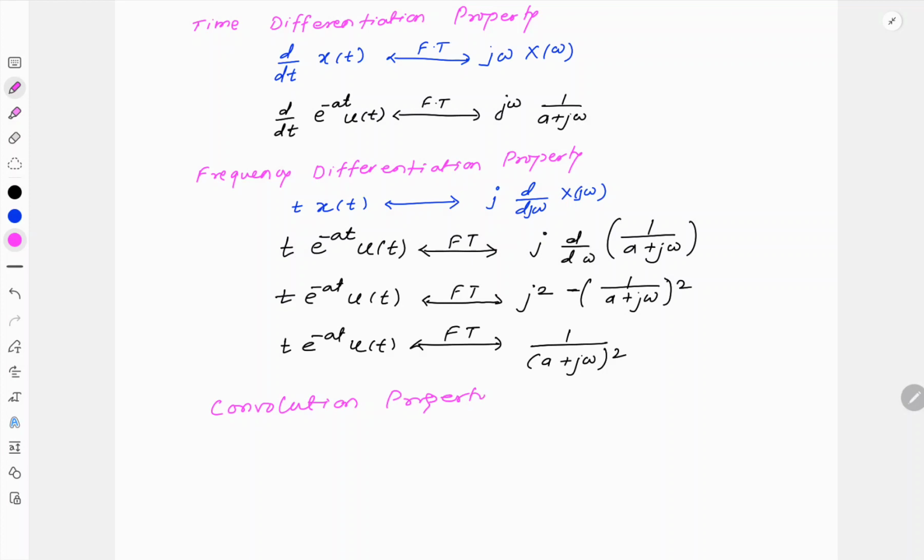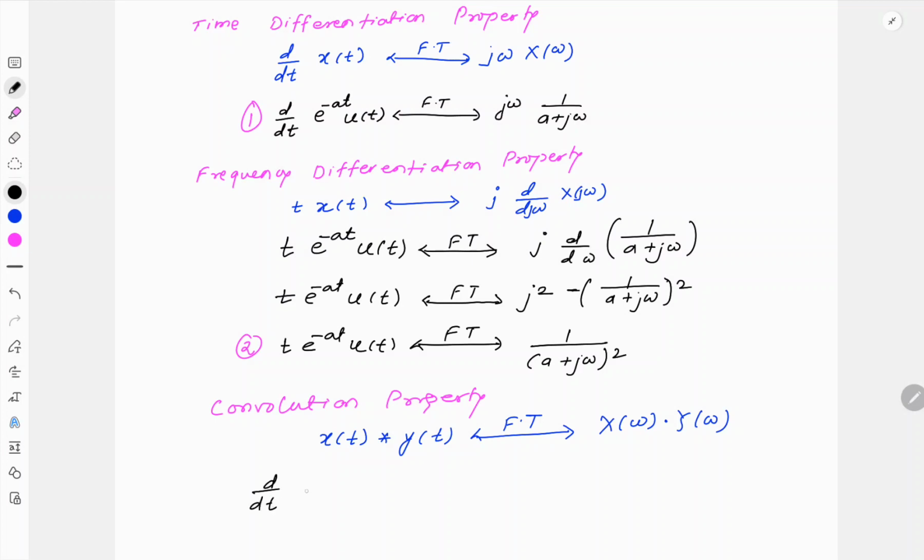This property states that if we convolve two signals in the time domain, these signals are multiplied in the frequency domain. So if you take these two examples, which are convolved with each other, we get the answer as